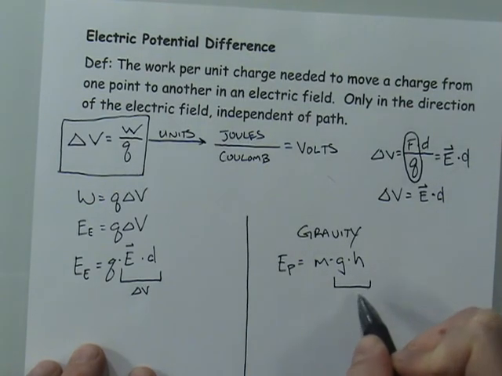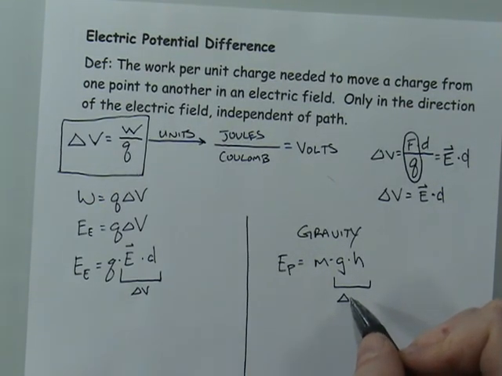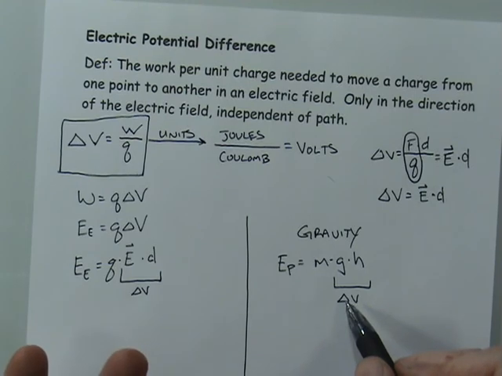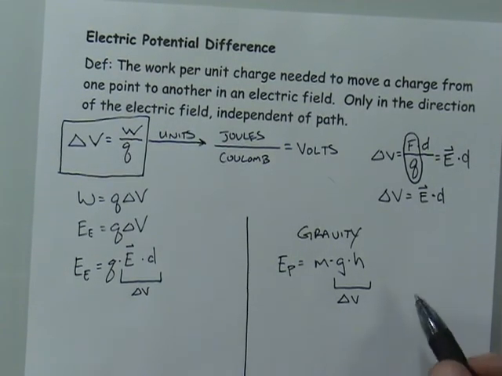There is an equivalent thing. There is something called gravitational potential. Not gravitational potential energy, gravitational potential. There is a delta V for that. Now, we didn't talk about it because it's kind of an advanced aspect of gravitational energy, but G